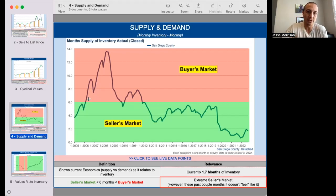What this graph is showing us is how many months worth of inventory is currently on the market. And this is spanning from 2005 to current. All right, so every time there is more than 6 months of supply, we enter into a buyer's market, right? And when supply is below 6 months, we are in a seller's market. Currently, right here, we are at 1.7 months worth of inventory, which is still